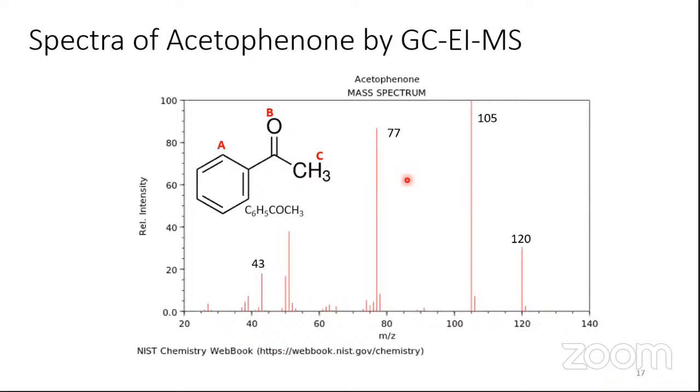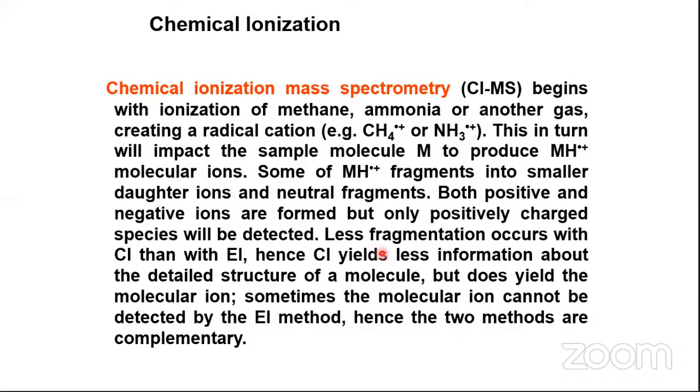Okay, fine. So we quickly go to the next technique, which is called chemical ionization. Now, I made a remark in the previous slide that when the compound is a fragile compound, not structurally stable, we may not get a molecular ion, and we will not know the molecular weight of that